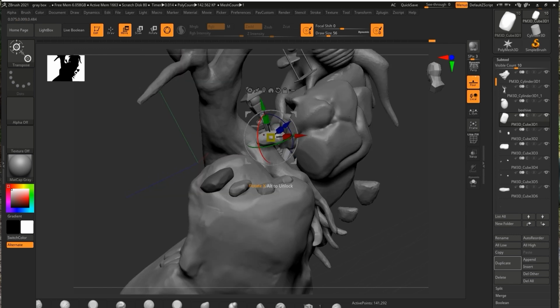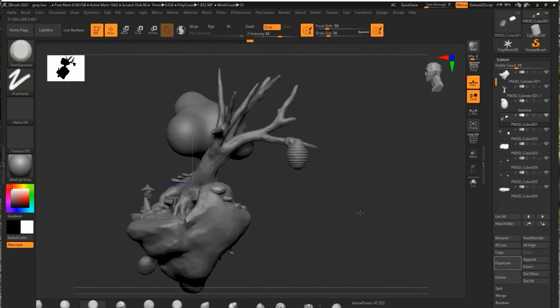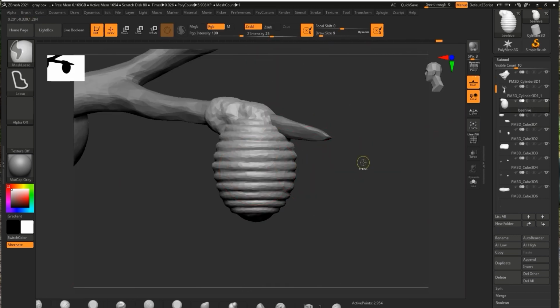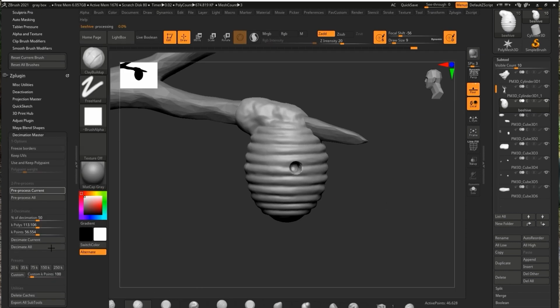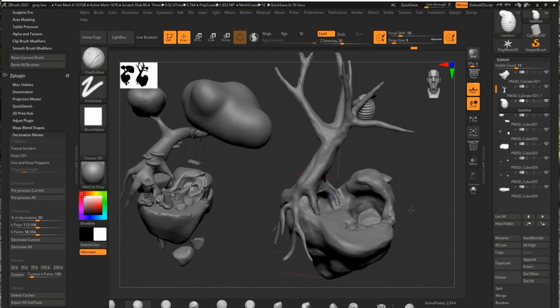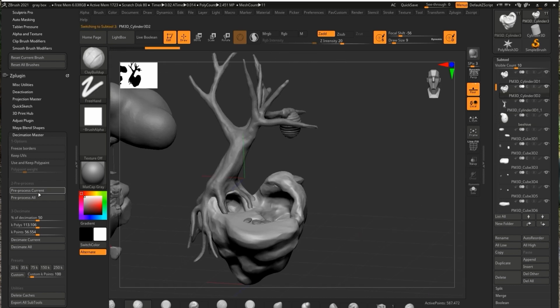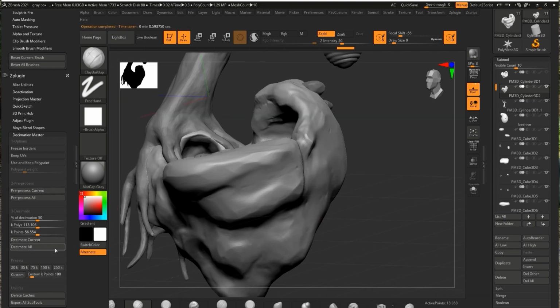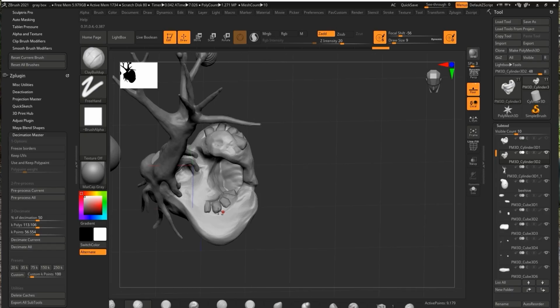So I'm just fitting them in. I made a few variations of the actual rocks, as you can see. You can see here I missed the actual hole, so what I had to do is go in, subdivide it again, and then bring down the polygons with Decimate all over again, but it was relatively quick. Alright, so now I'm decimating everything down, taking it into Blender to set my scene up,